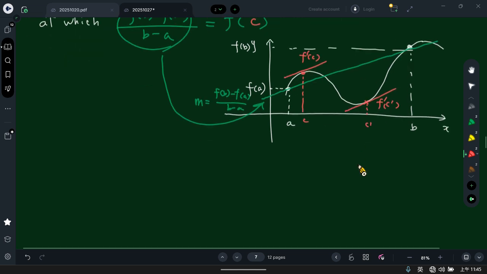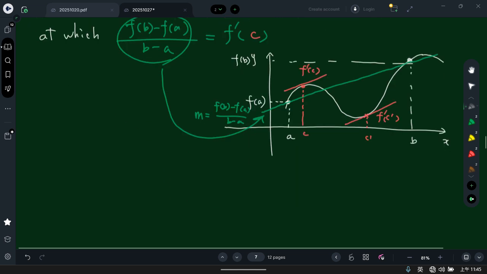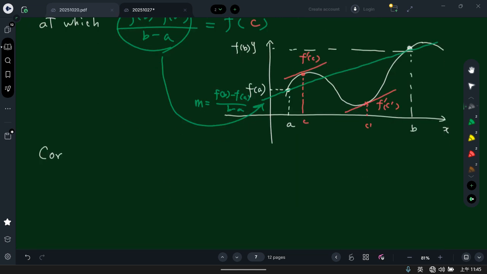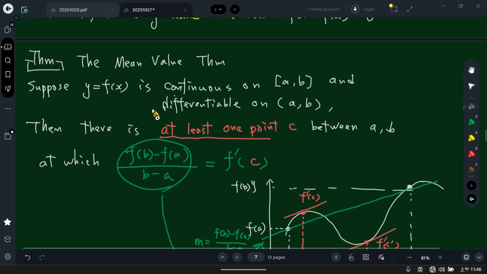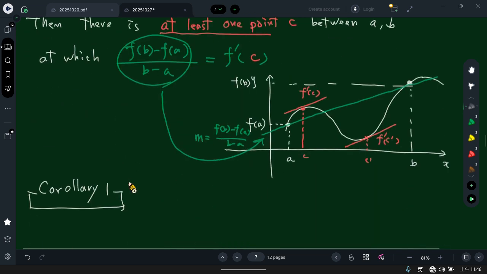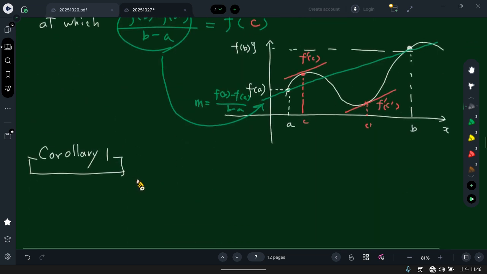Okay, so as I told you, this is a very important theorem. We can use this as a basis to derive many good theorems. Sometimes we call it a corollary. Corollary 1. Corollary means it's not so big as a theorem, but based on this theorem, we can derive some good facts. Okay, for the first one, if f prime x is equal to 0,